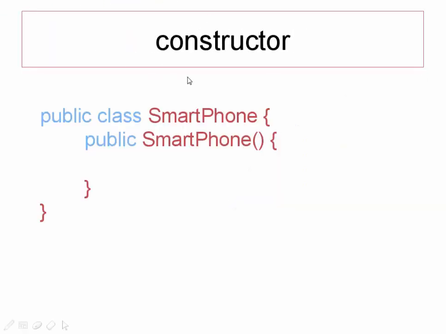Let us consider where our constructor resides. In many of the examples that we have done earlier, we did not create our own constructor because the Java compiler automatically creates one implicit constructor which contains no argument, but it is created automatically. In the next few tutorials we are going to create our own constructor and initialize our object in our own terms.